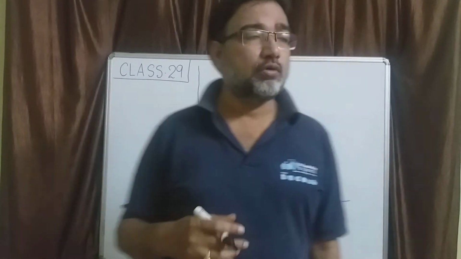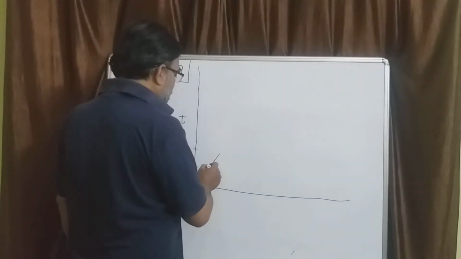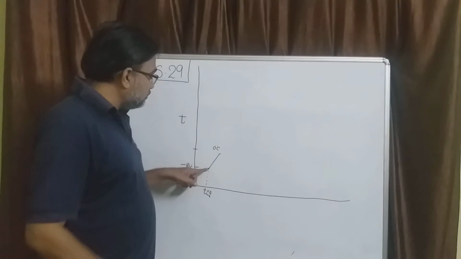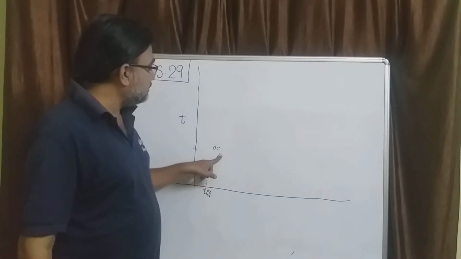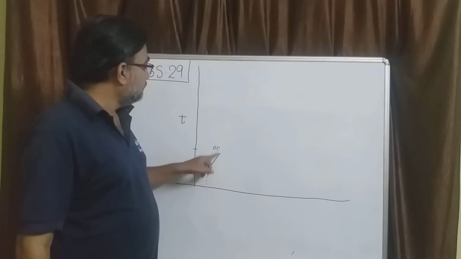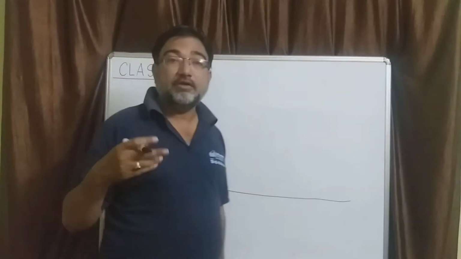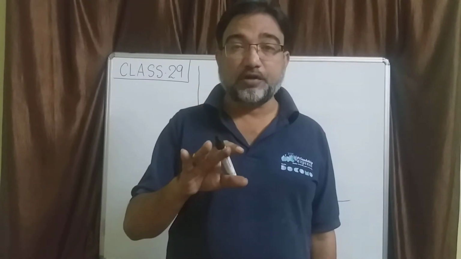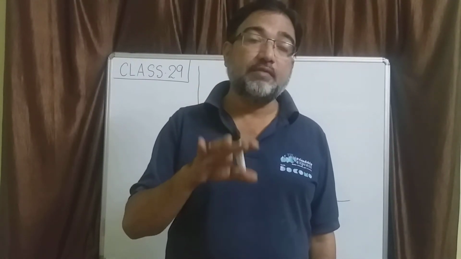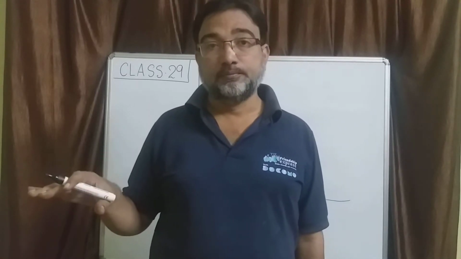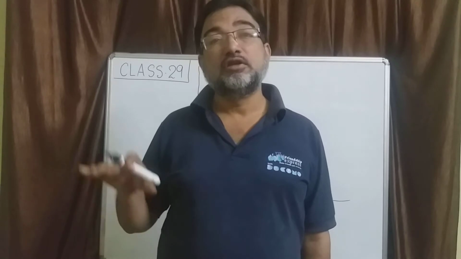So the ice will absorb the sensible heat and become 0 degree centigrade. The temperature will go from minus 10 degree centigrade to 0 degree centigrade, and there it will not become the next 1 degree centigrade, because 0 degree centigrade is a special temperature. At that temperature value, the melting will start. Unless the melting is complete, the temperature will not rise to 1 degree centigrade.